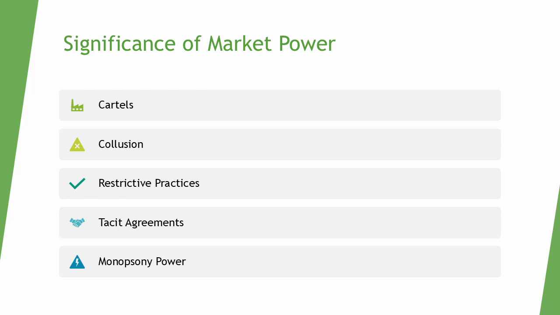Power in the labor market is the ability of employers or workers to influence wages and employment conditions. Power in the labor market has some significance over market power as dominant employers can suppress wages and working conditions. However, power in the labor market may have little significance over market power as trade unions and labor laws can counterbalance employer influence. This may have an impact on market failure as distorted wages can lead to inefficiency and inequality.